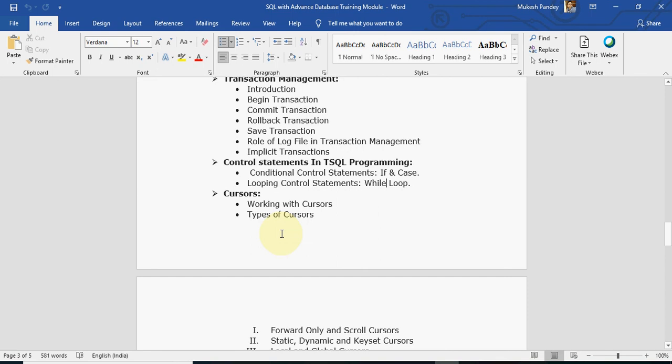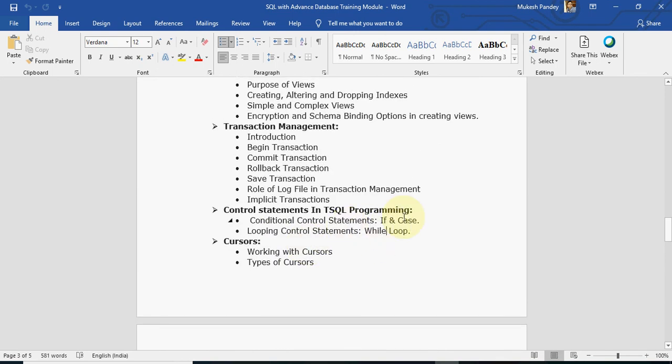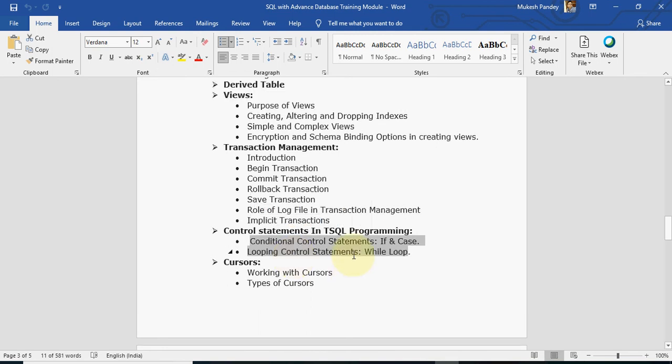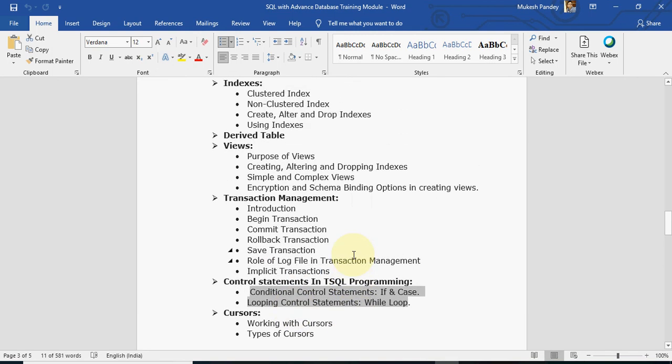I will send more questions today, basically on the while loop. This is very important, and in real time we also use while loop, if, and case a lot. I will send questions based on only these three topics: while loop, case, and if. Just try to solve them, all are real time based, and then we can discuss tomorrow.